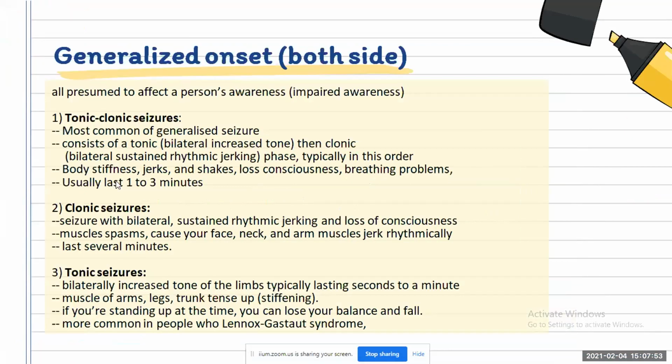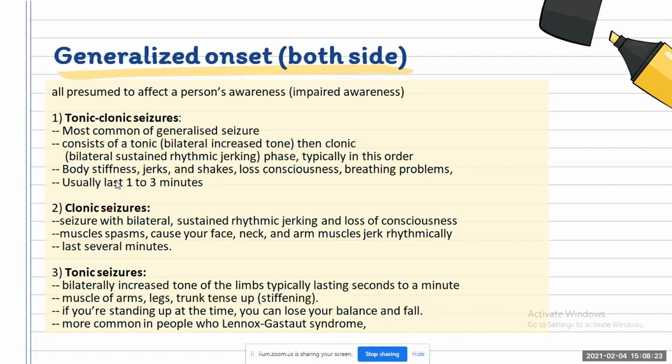Okay, so for the generalized, unlike the focal, the generalized involves seizures that occur and start in both sides of the brain. So in the generalized, there is no classification of whether aware or impaired awareness, because all of them are presumed to have impaired awareness. So basically, the motor is quite similar to the focal onset,